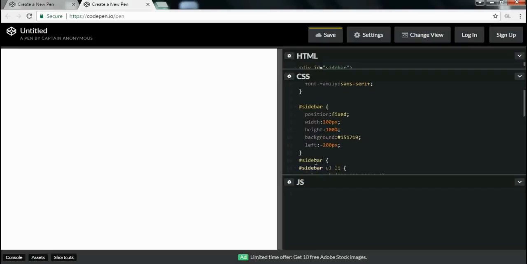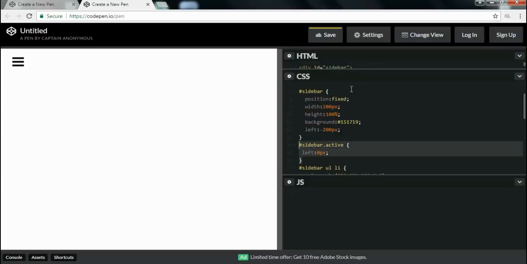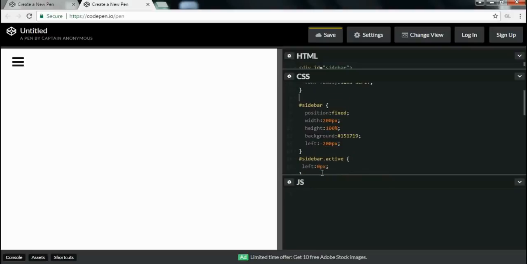When I add an active class to this sidebar, I will display the sidebar by saying left 0 pixels. So my default sidebar is on the left side by minus 200 pixels, but when I add the active class to this sidebar, it will set the CSS property of left to 0 pixels so that it can be visible. So now in JavaScript, I will toggle this class on this ID sidebar.